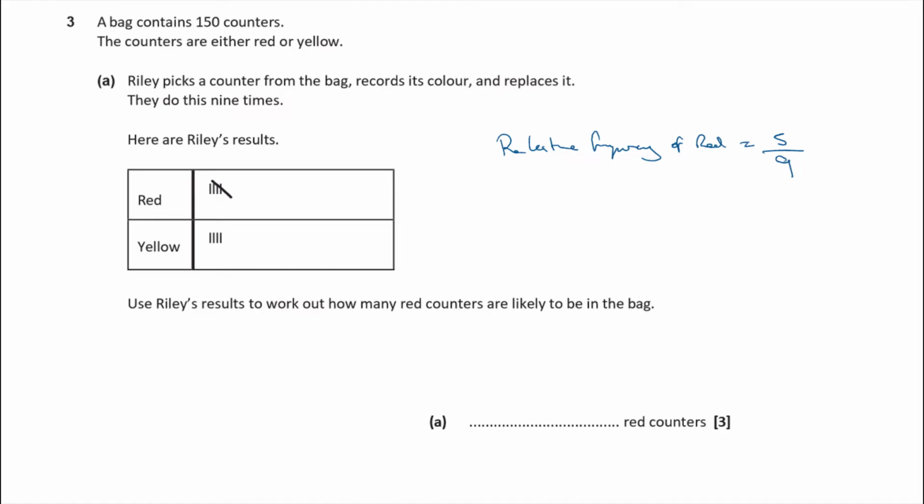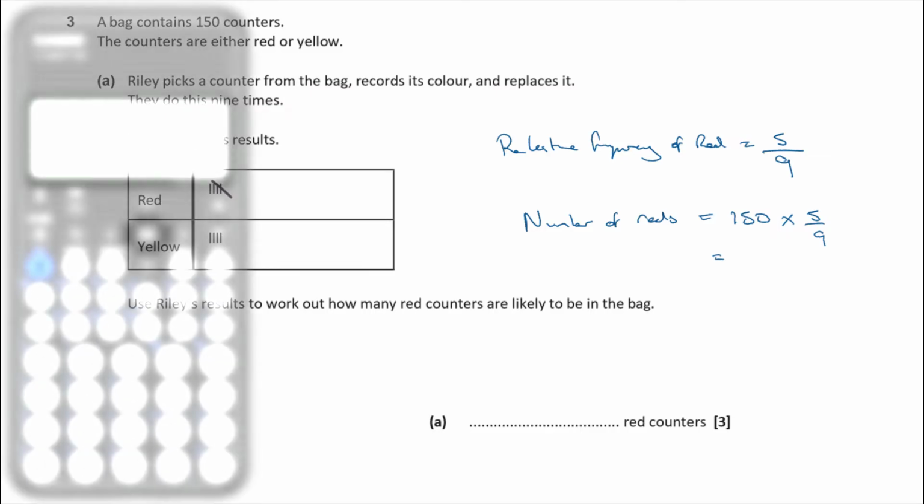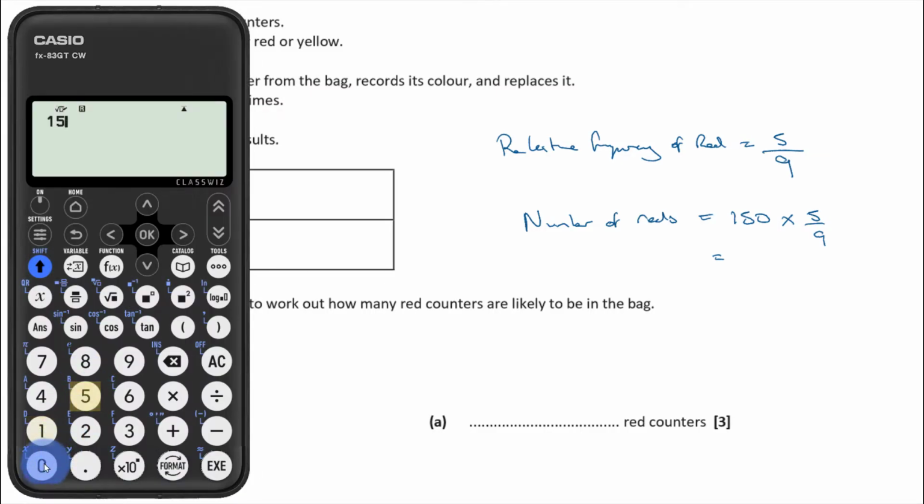Now, if I want to know how many I would expect to get in the bag, then I'm going to assume that the number of reds is going to be the number of counters in the bag times that relative frequency. I'm a bit miffed that 9 doesn't go into 150, so it's not going to be a nice number, but it is what it is. So 150 times 5 divided by 9,